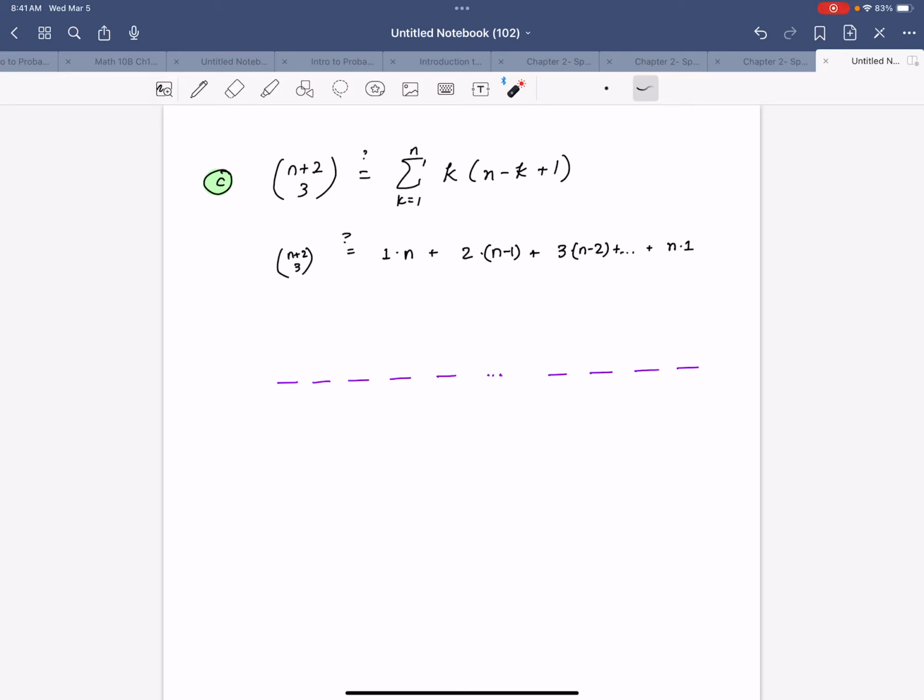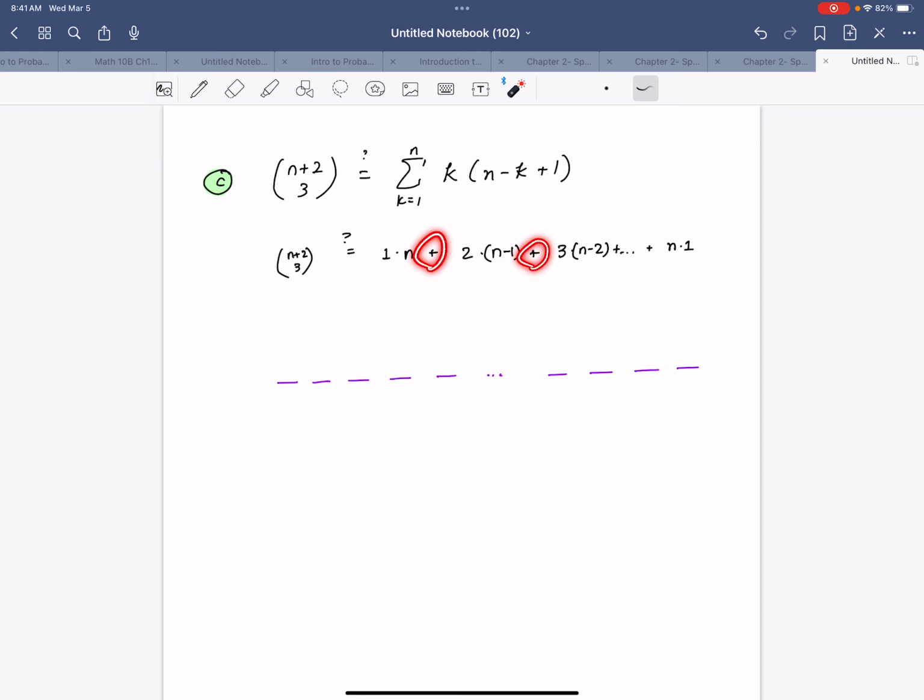Okay, let's look at this third problem here. And we're going to do a combinatorial argument to prove this. However, we're not going to start on the left-hand side. We're actually going to start by looking at the right-hand side. So when we're looking at the right-hand side, we notice that